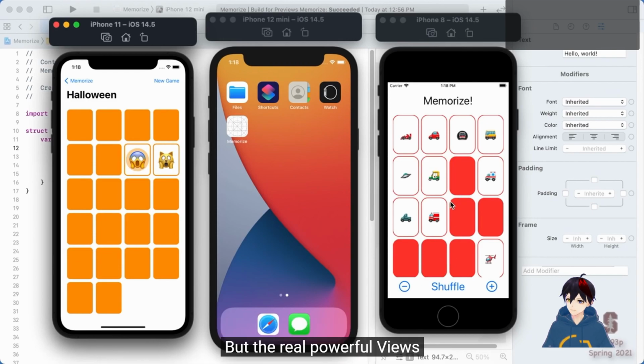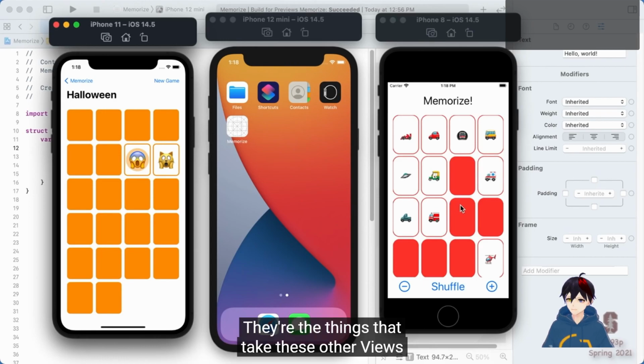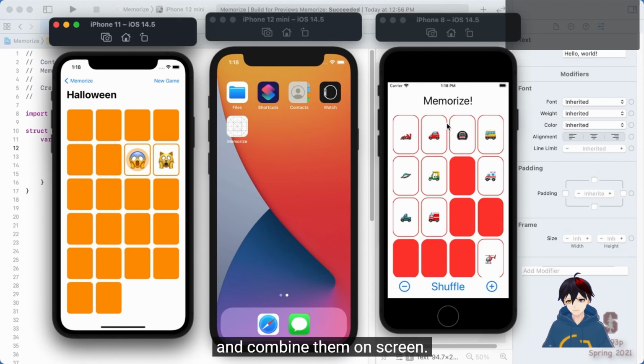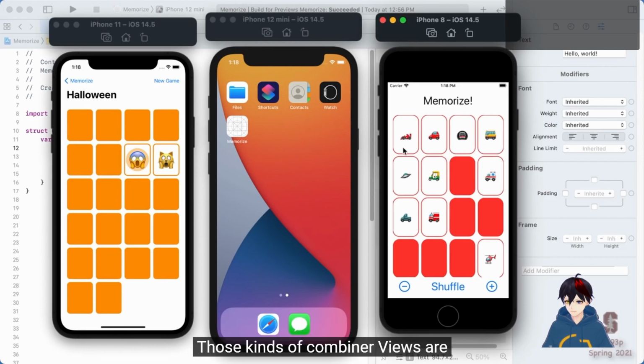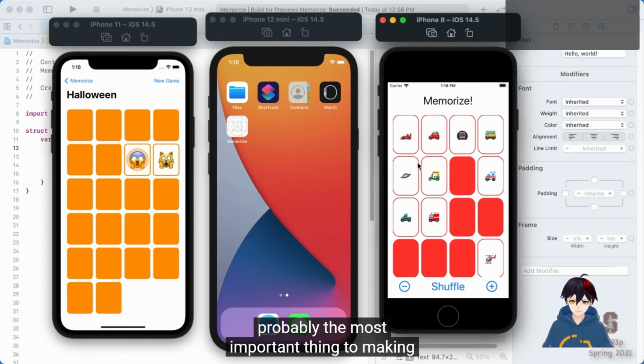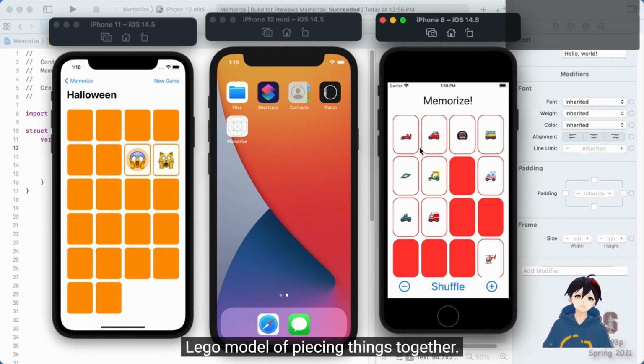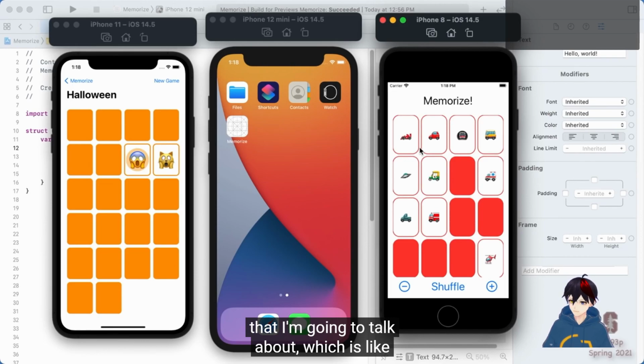But the real powerful views that we're going to find in SwiftUI are the combiners, the Lego combiners. They're the things that take these other views and combine them on screen, either arrange them in a grid like this perhaps, or maybe in just a line across, stack them on top of each other, things like that. Those kind of combiner views are probably the most important thing to making complicated user interfaces in this Lego model of piecing things together. There is one other kind of view that I'm going to talk about, which is like,